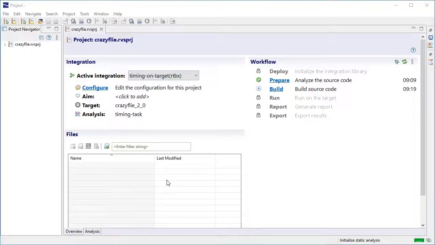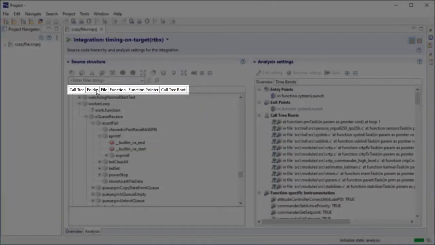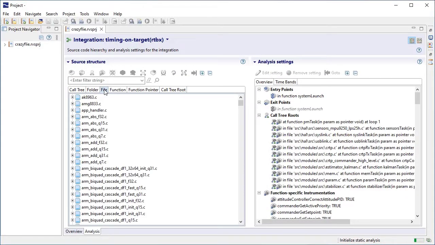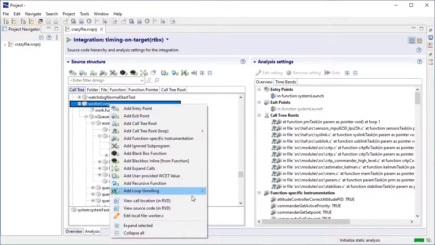It's easy to configure the analysis applied by RVS through the RVS Project Manager. On the Analysis page, you can view the structure of your source code using different aggregation methods. For example, you can view your source structure by folder, file, or function. Alternatively, you can visualize and explore your code's call tree, or even open a view of the source code to